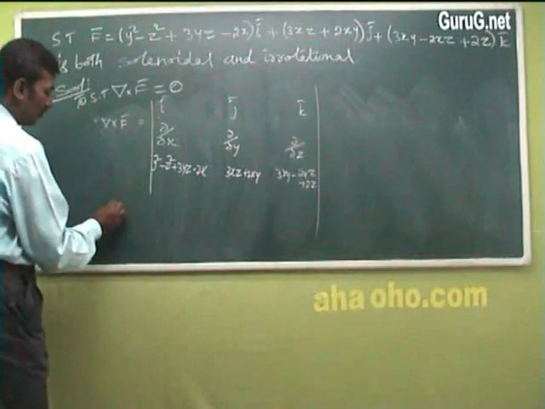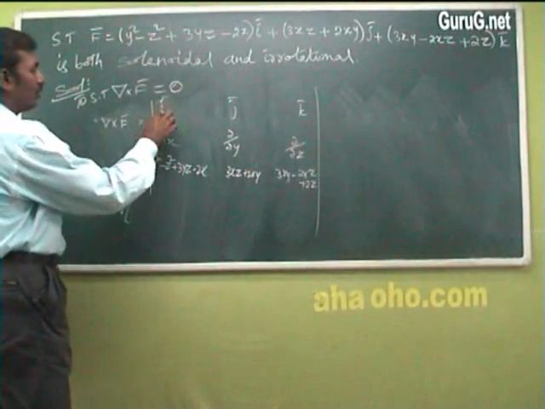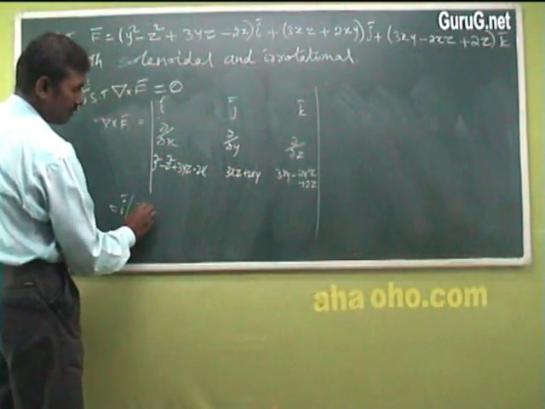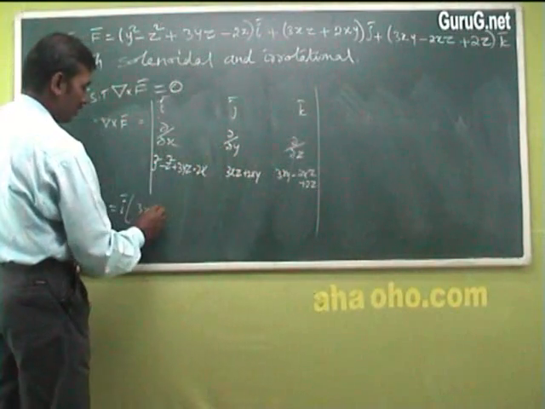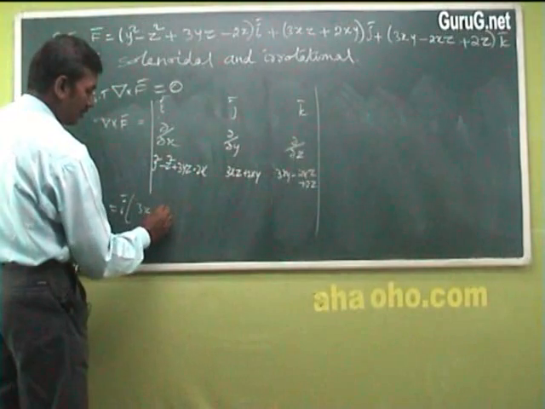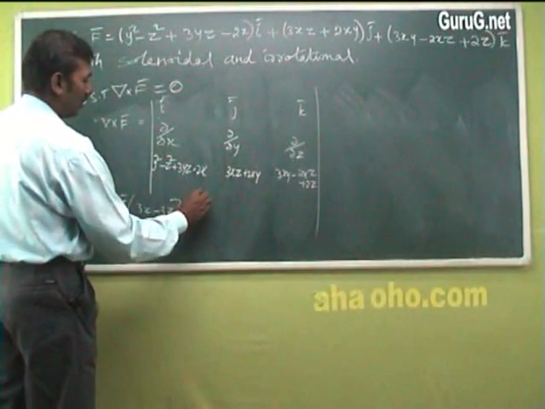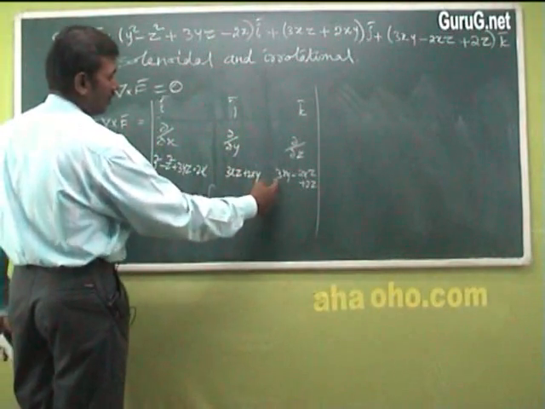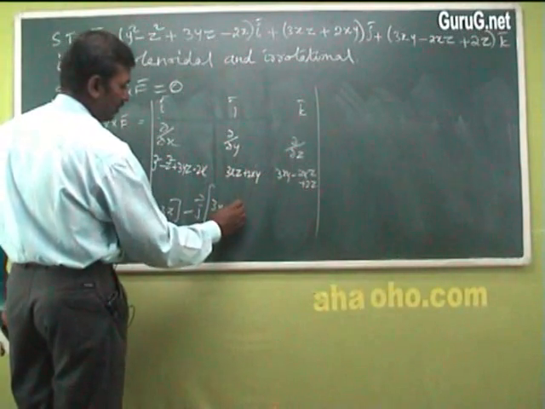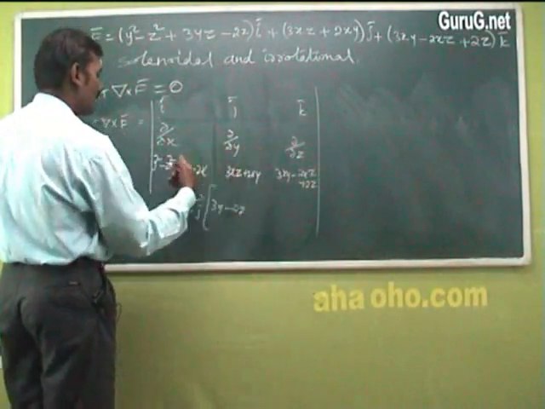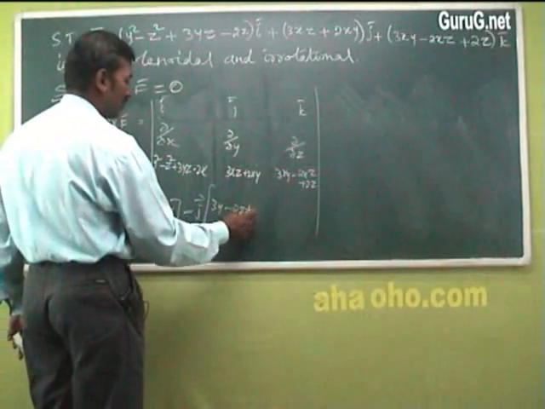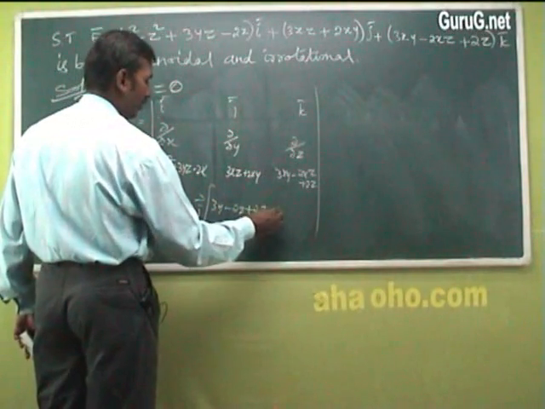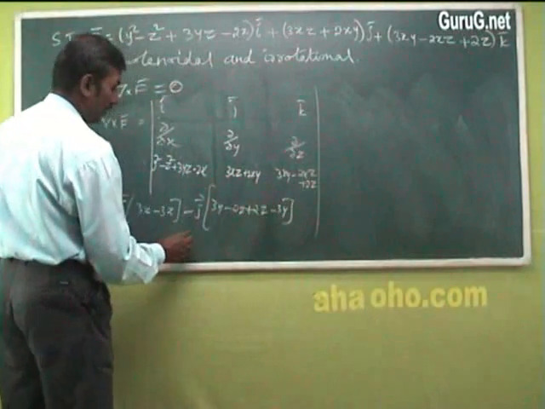So I expand it, so i vector into, make this column and this row, so differentiate partially with respect to y, so 3x, with respect to z, so minus 3x, and minus j vector into, make this column and this row, so differentiate partially with respect to x, so 3y minus 2z, then differentiate with respect to z here, so minus 2z, then minus 3y, plus k vector into,